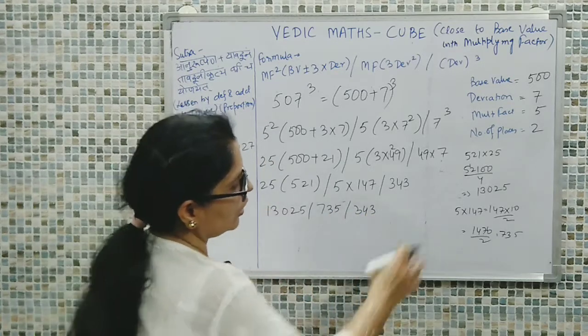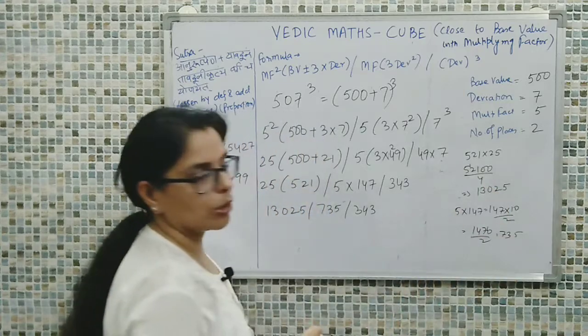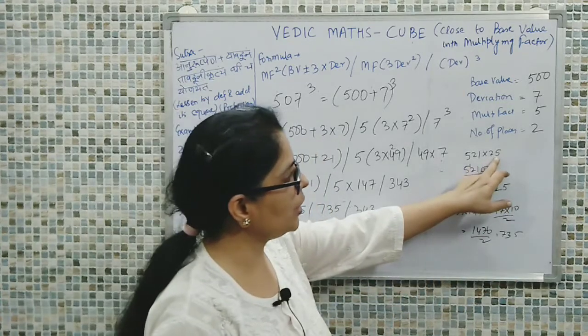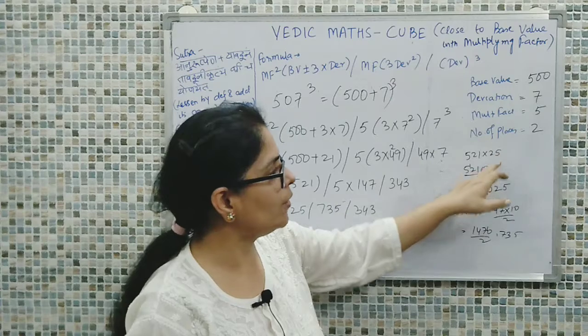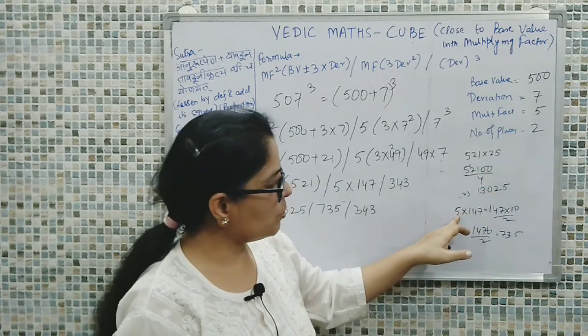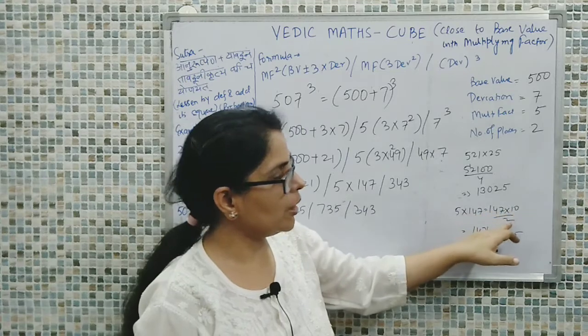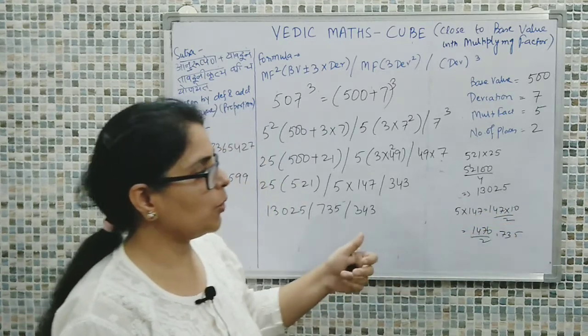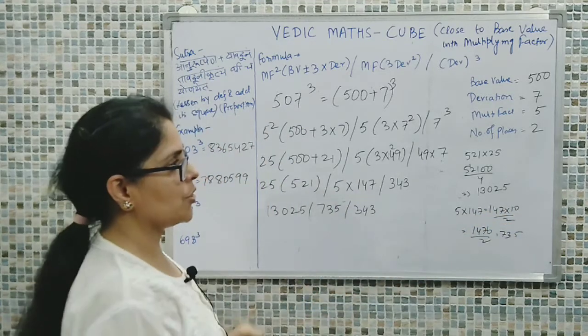Next, I had been using tricks even over here, because when we were talking about multiplying by 25, instead of multiplying by 25, I multiplied by 100 and divided by 4. Same when I was supposed to multiply by 5, I multiplied by 10 and divided by 2. So these are the small tricks that really speed up your calculation.